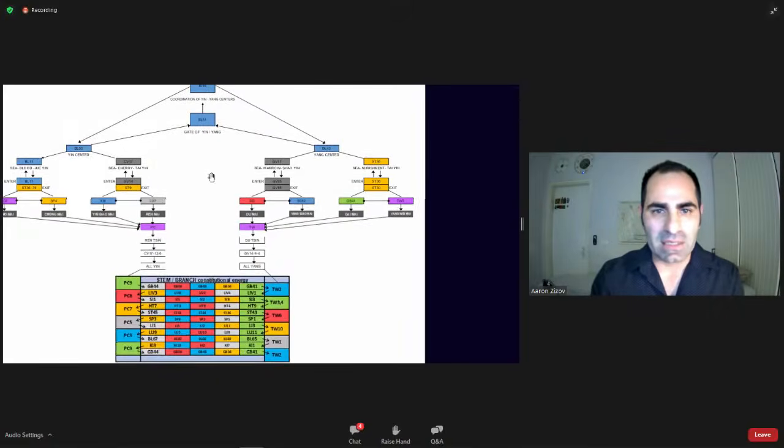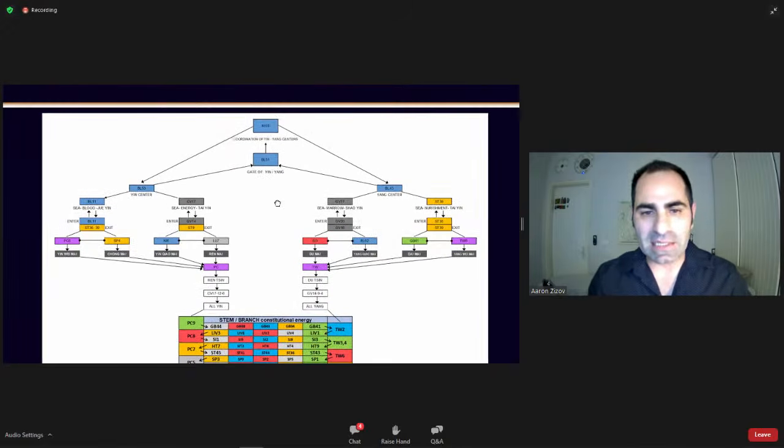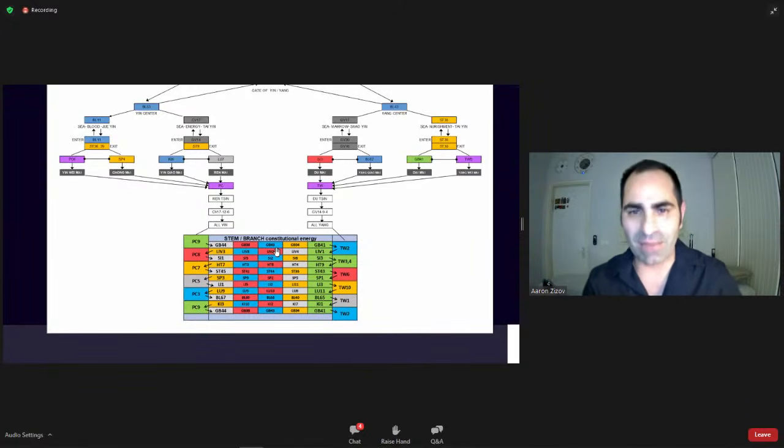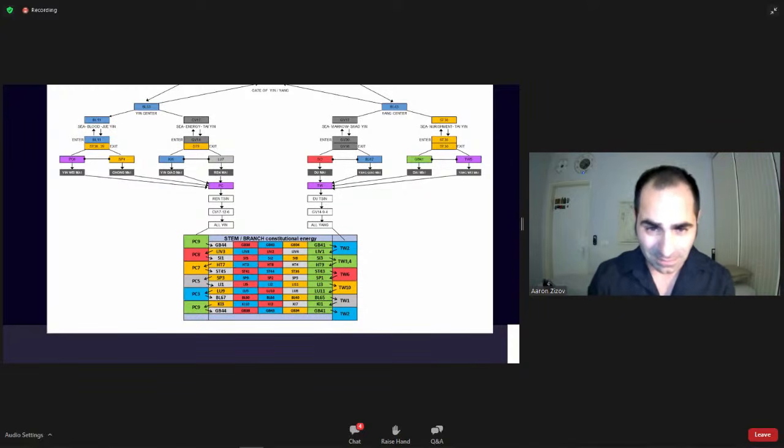Okay, so this structure of meridians, basically the ones that we know, are based usually here. It's called the stem branch constitution energy, but we know the different meridians. So we have the gallbladder meridian, the liver, small intestine, heart, stomach, spleen, and so on. I will talk about this table later on in the course, deeply, but I will explain that.